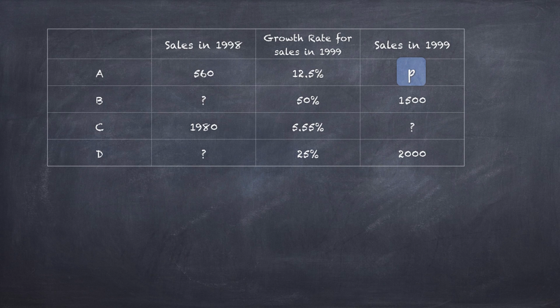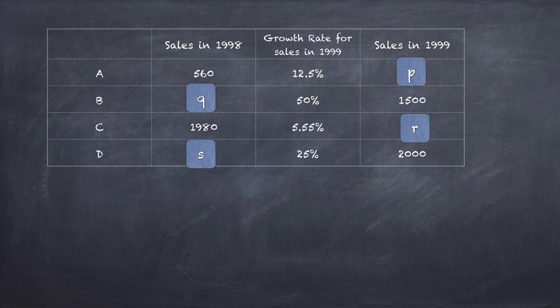Okay, hope you had a good crack at it. So this is what we'll do. First of all, we'll label the missing values so that we can talk about them easily. Let's call the value for A 1999 P, value for B 98 Q, value for C 99 R, and value for D 1998